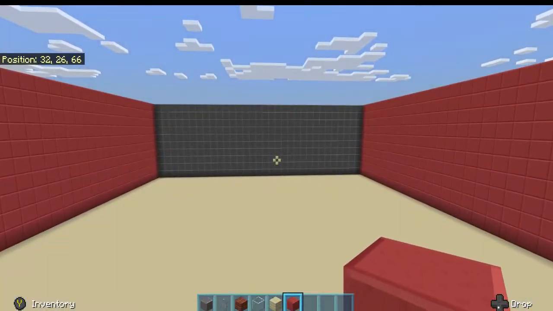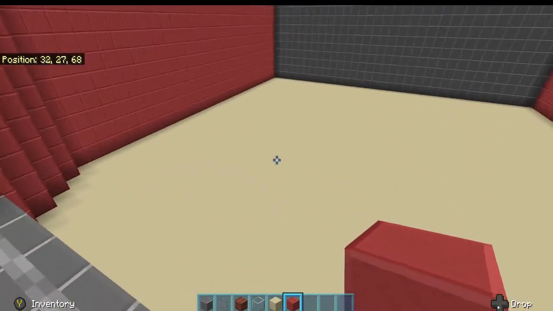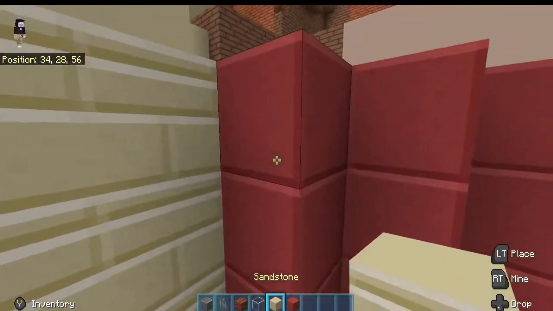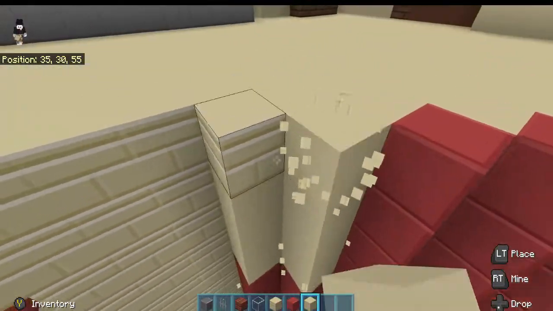So now we got this. And I must say, that is quite a tedious job. So now we did that, the next thing we need to do is probably going to be the thing that destroys my mind. We have to now place all the terminal consoles. I also realised there's like a 4-block gap between the actual redness and